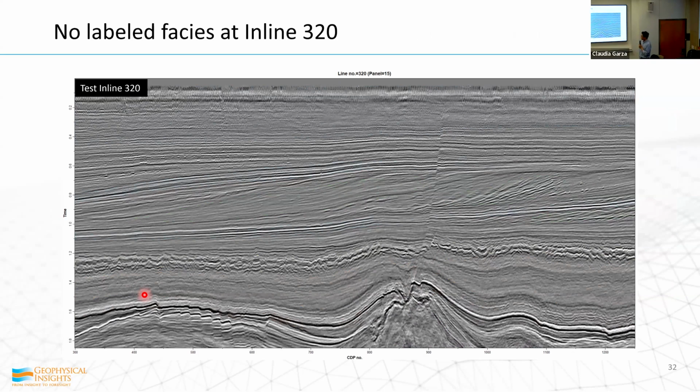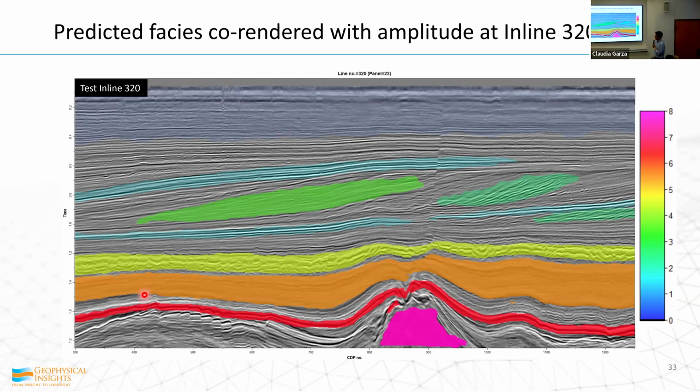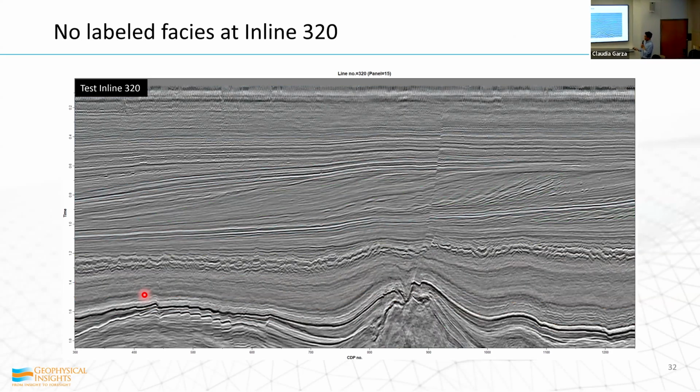So how about the test inline? That means on this inline, I have no labels for training. So this is just a test line. And this is my test line result. Seismic data,